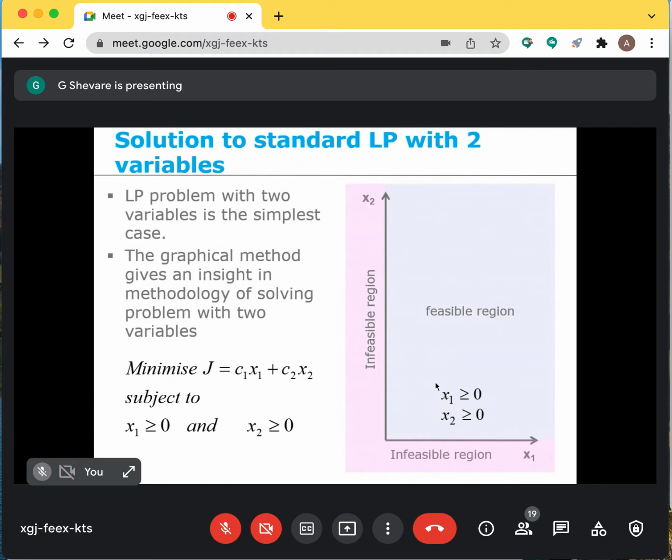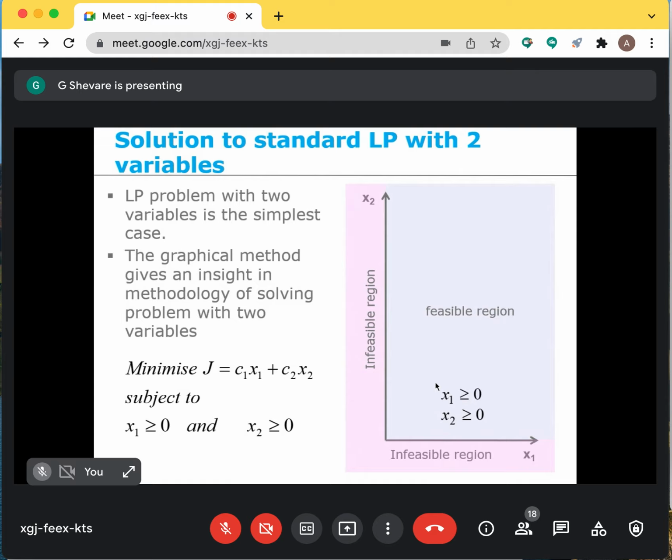Linear programming with two design variables is indicated graphically here, where x1 is shown on the horizontal axis and x2 is shown on the vertical axis. We will not bother for the time being with equality constraints on x1 and x2, but we will only look at the positivity of the design variables x1 and x2. Since x1 and x2 are required to be positive, the solution must lie necessarily in the first quadrant, which we call the feasible region. Any value of x1 and x2 lying in the first quadrant is acceptable, but it doesn't mean it's optimal.